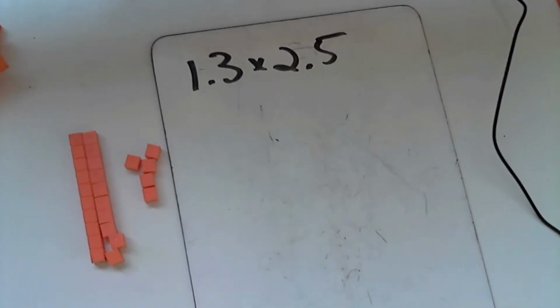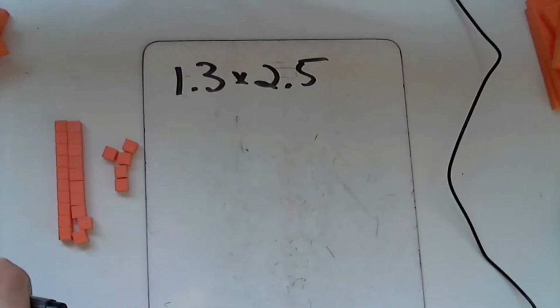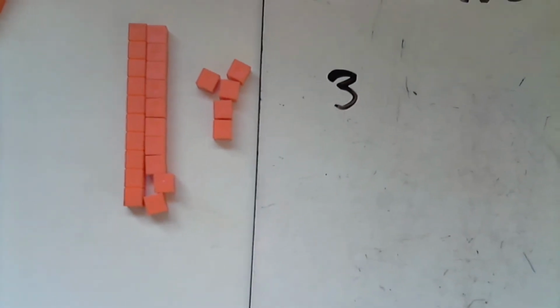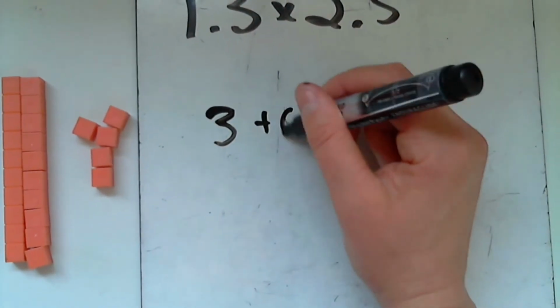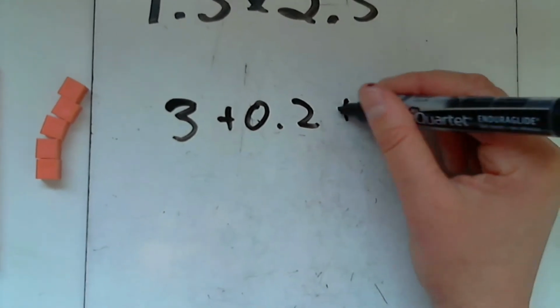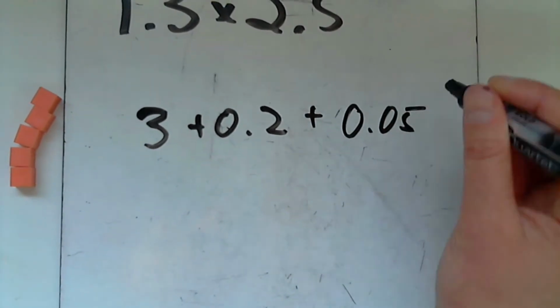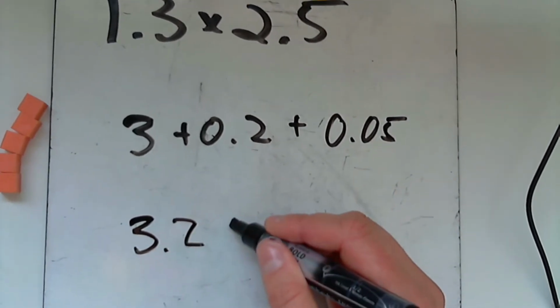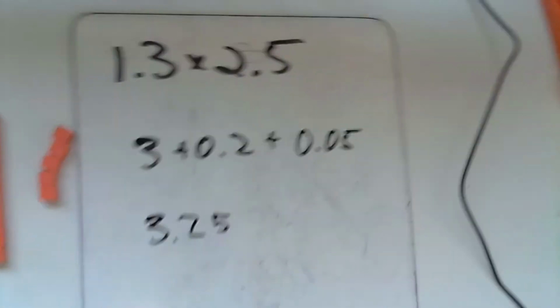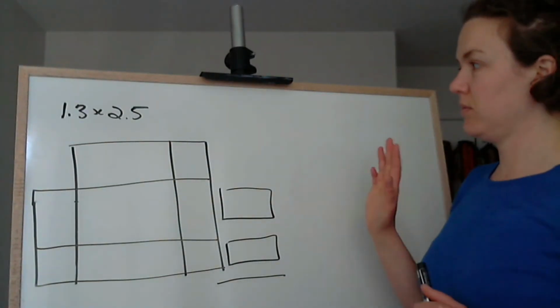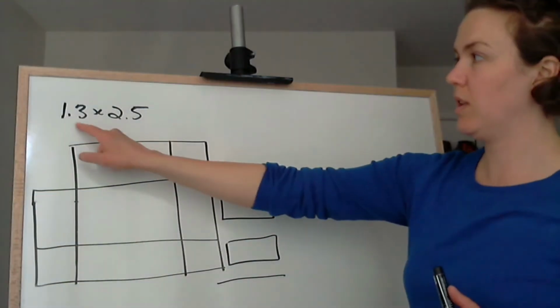So if I write all of this down, I've got 3 wholes, 2 tenths, and 5 hundredths. So 3 and 25 hundredths. I'm going to show you how to use the area model to do the same question, 1 3/10